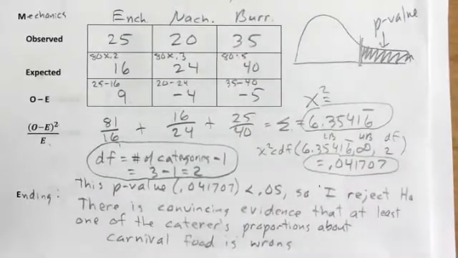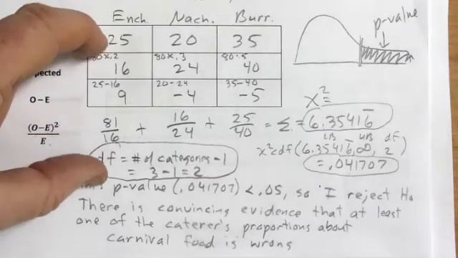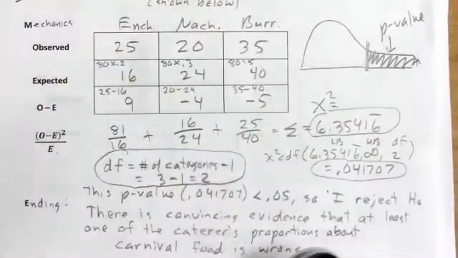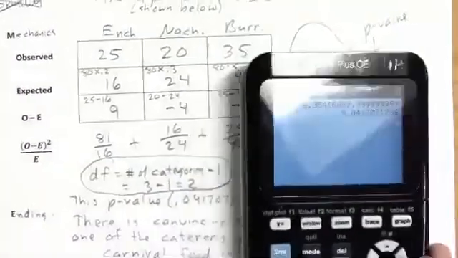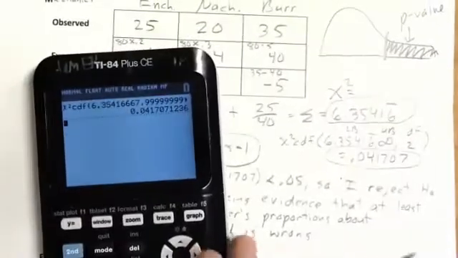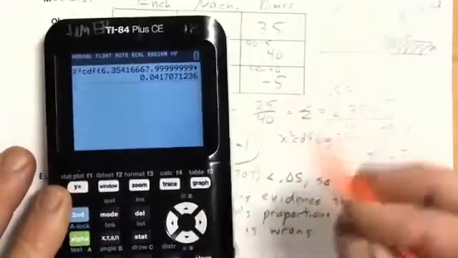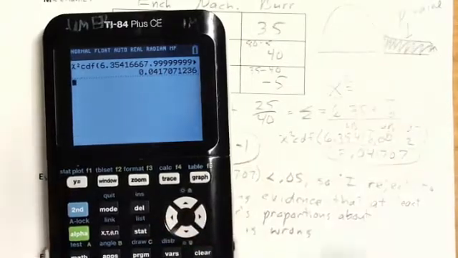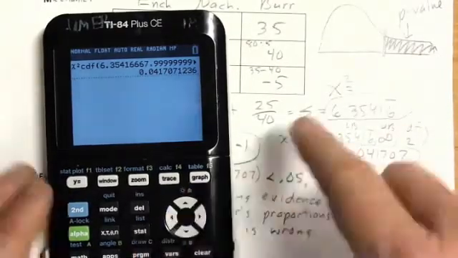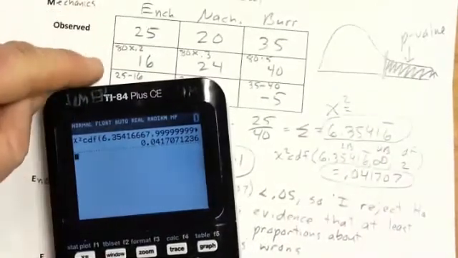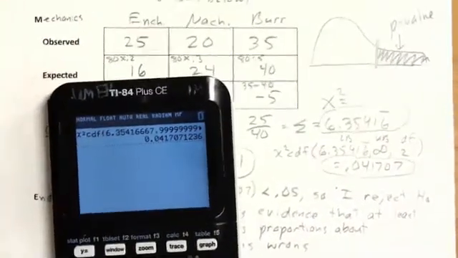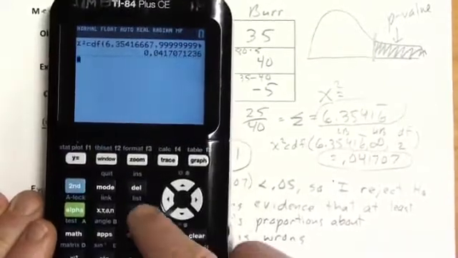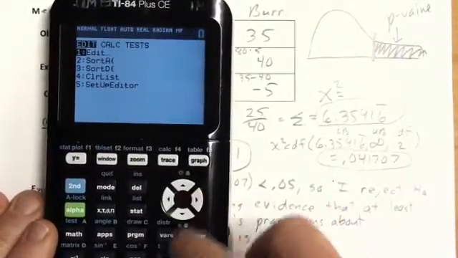Now let me show you how you're really going to do the mechanics here, because you don't have to do this every time. So here's the little shortcut. This is what you're going to do to find your p-value and your test statistic. We are going to go to a chi-square goodness of fit test. Well, I'm sorry, first we've got to enter our observed and our expected values in list 1 and list 2. So we're going to go stat, edit,